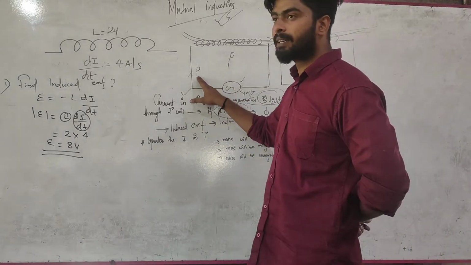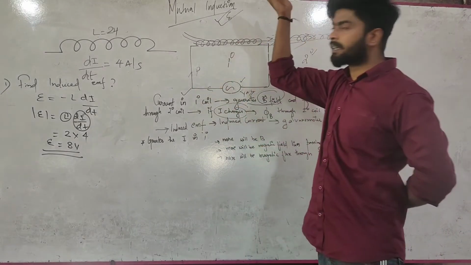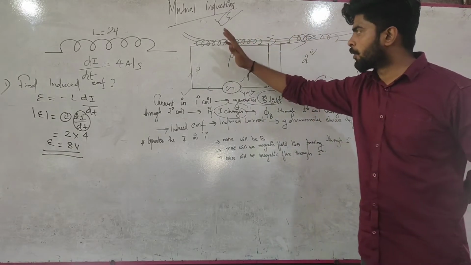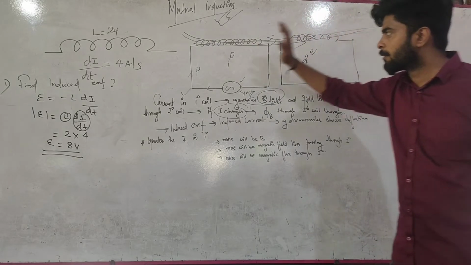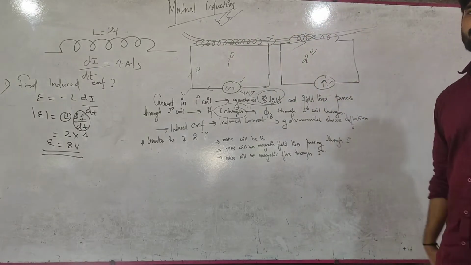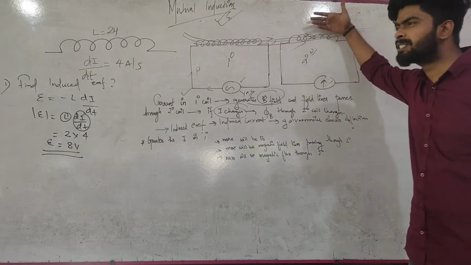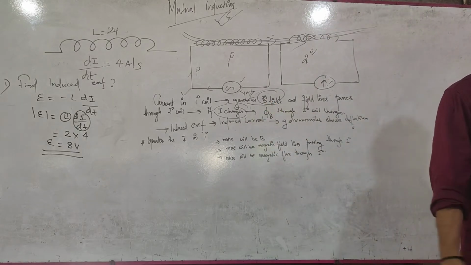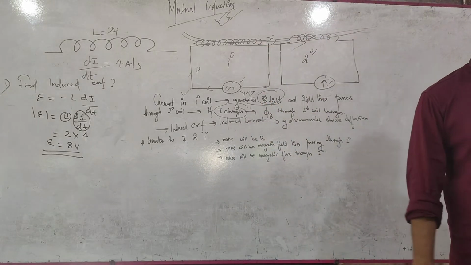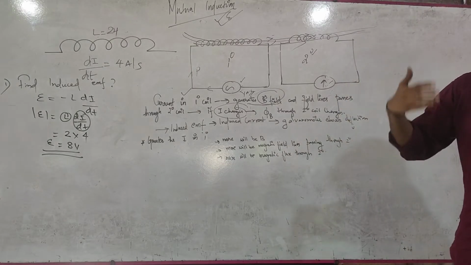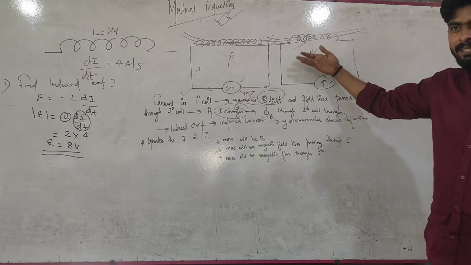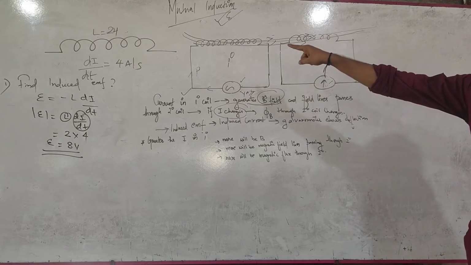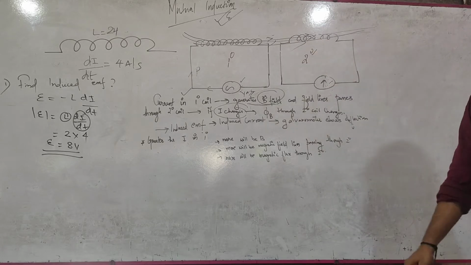So if you are increasing the current in the primary coil, more magnetic field will be available, more magnetic field lines will pass through, more magnetic flux will pass through the secondary coil. Is it clear? So more induced EMF will be there in the secondary coil, so more induced current you get. That's it. This is what is mutual induction. So whenever the magnetic flux linked with the secondary coil changes, an EMF is induced in the secondary coil due to the primary coil, and this is what is called mutual induction.